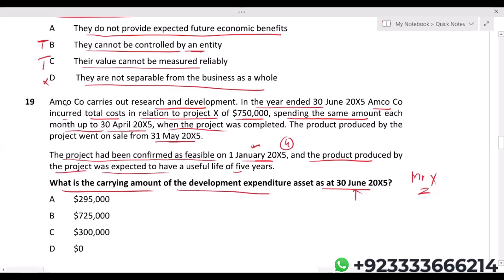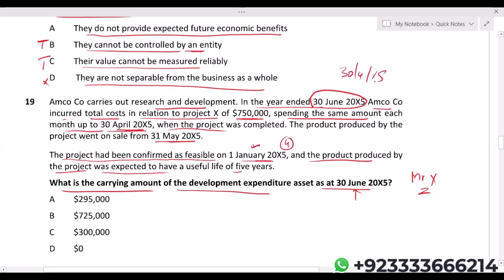Now read again. AMCO company carries out R&D in the year ended 30th June X5. This is the year ended. Total expenditure they have incurred is 7,50,000. Fine. Spending the same amount means the same amount each month, up till what? 30th April X5. Now listen carefully. The year end is 30th June X5, and they were spending the same amount every month till